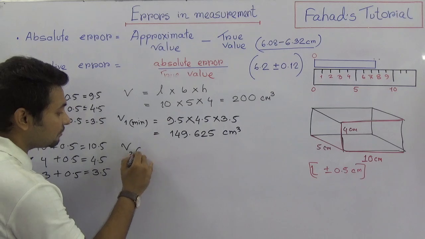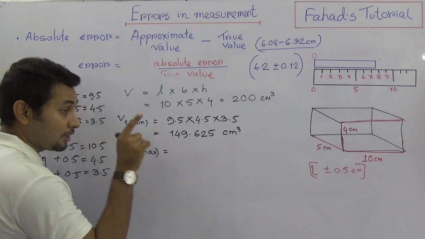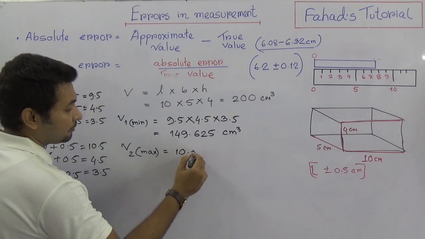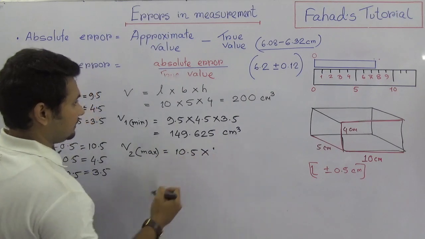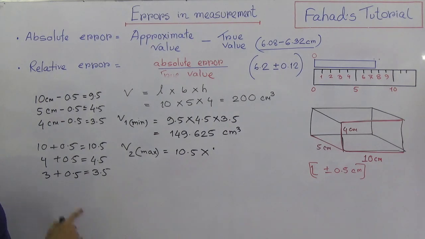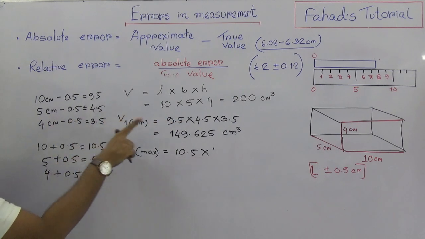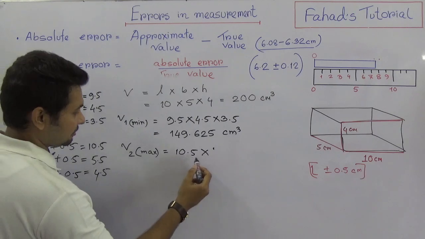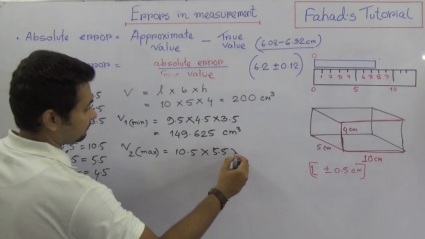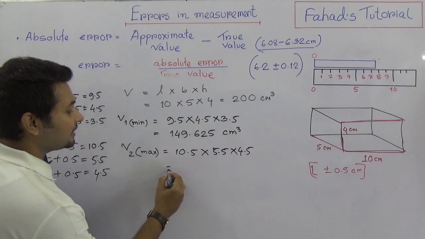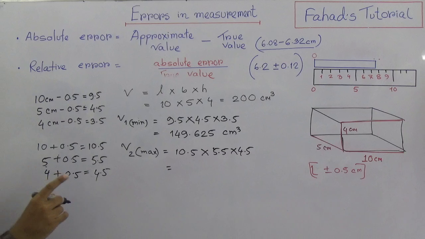And the V2, which is the maximum, including the errors, can be 10.5 times 5.5 times 4.5, so it should be 259.875